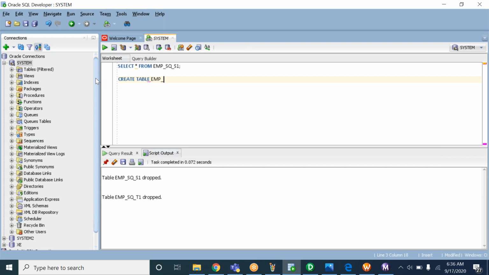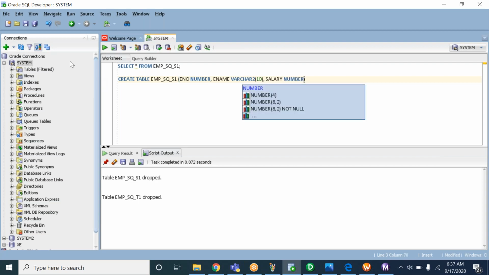Create table empsq_s1, employee number, employee name varchar2 of 10, salary number. So like this, we can write a create table statement, and to execute, we have the button, or you can press Control Enter. You can see the table got created.